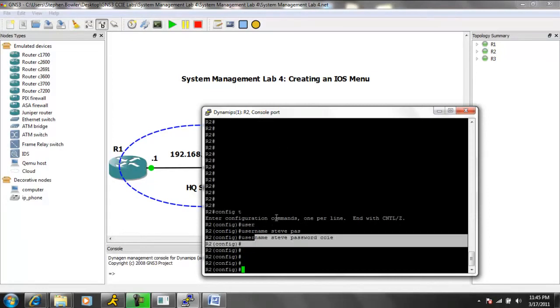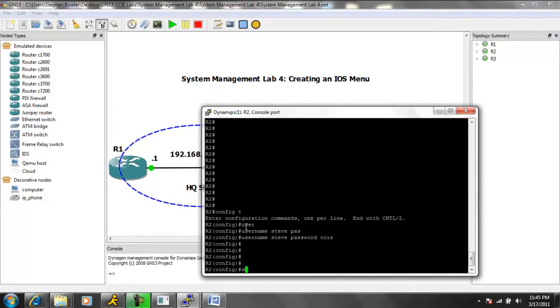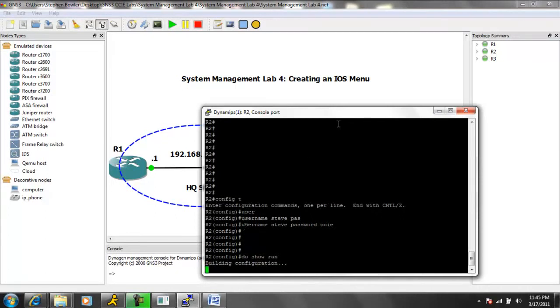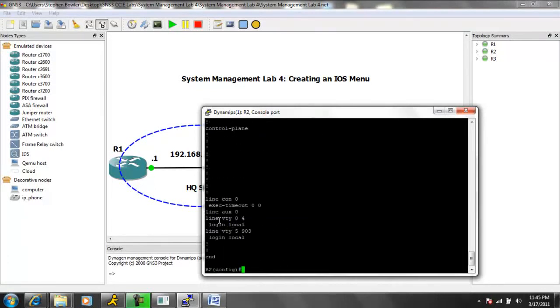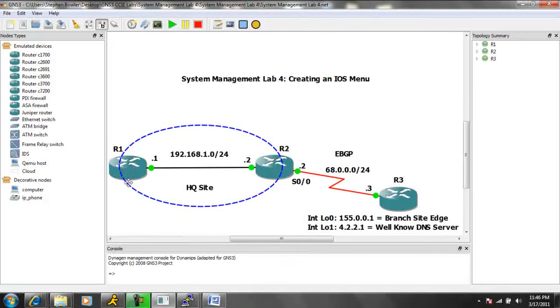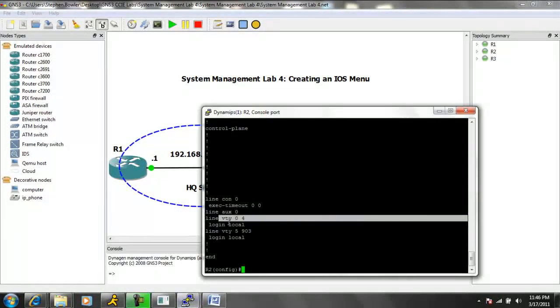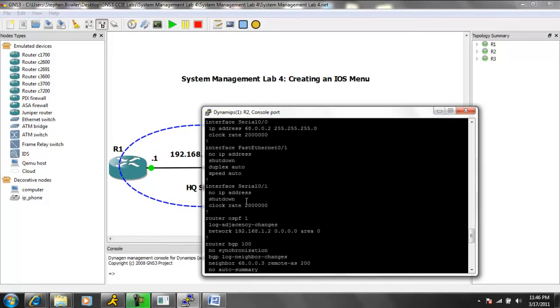So now we have a local user defined on router 2. If we do a show run on router 2, the next thing we want to do is make sure that this user is authenticated over the VTY line. So again, we're going to be giving him access to Telnet from inside the network. In this case we're going to simulate a Telnet connection from R1 to R2. So Steve's going to get into router 2 from router 1 via Telnet. So we want to make sure under the VTY lines we have the login set to local so that his information